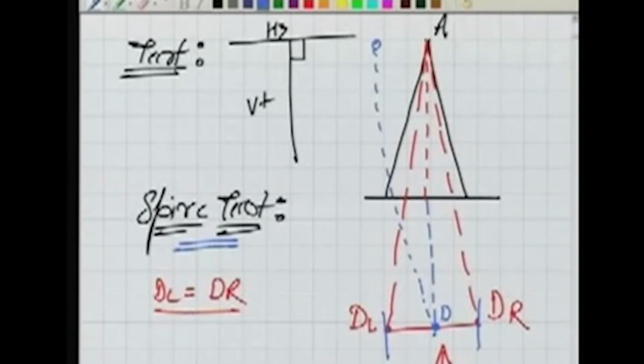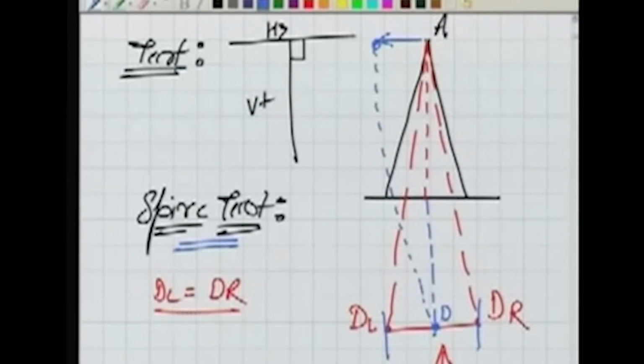naturally somewhere like this. So, starting from this point D, I should have reached A if there was no problem. But because there is a problem, that's why I reach here. Now, at this stage, once I am this far from A, what we do in our instrument, in all the